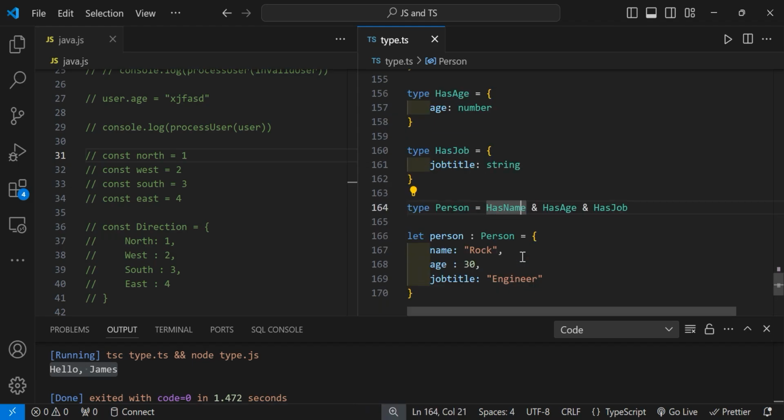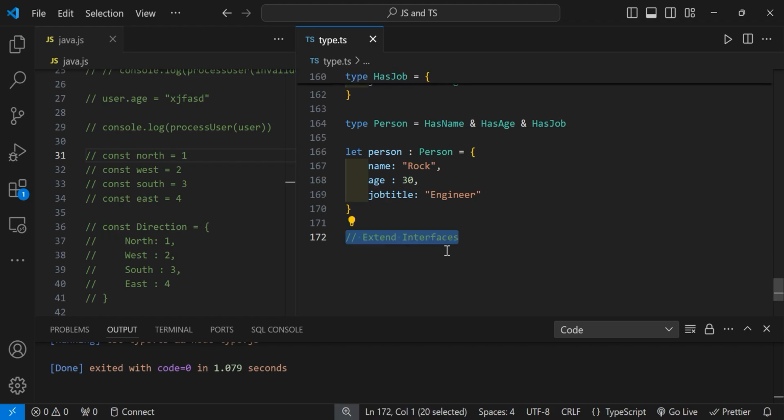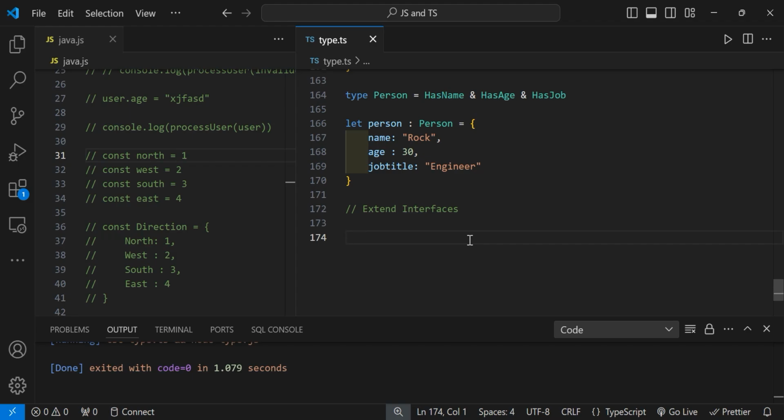So I hope that you understand what a type alias is and how to combine multiple types with a type alias. Now after understanding type aliases, let's understand more about interfaces. So here we will learn how to extend interfaces. Now as you know, interfaces in TypeScript define the shape or structure of an object. They are particularly useful when working with object classes because they focus on defining the properties and methods that an